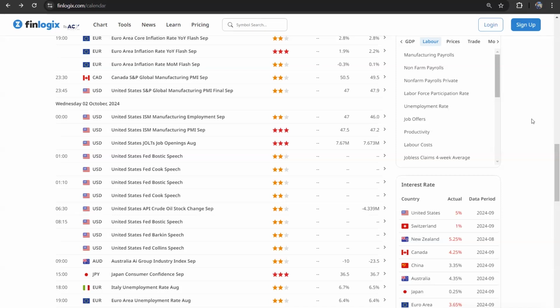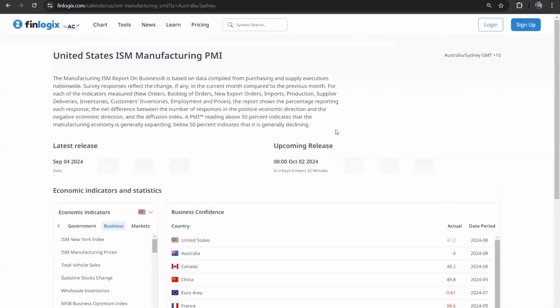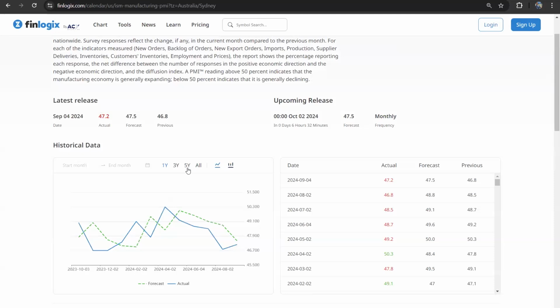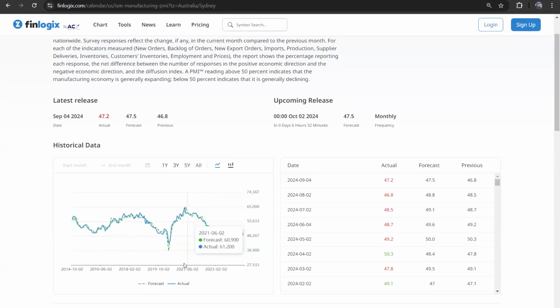All right. Okay. The manufacturing PMI is very important. I just want to touch base on this one first before we move on, because see that it's below 50. So let's have a look on that. I prefer to look at the line chart on this one, and I can put on a 5 years. Let's take off the forecast. So let's just work here with the actual